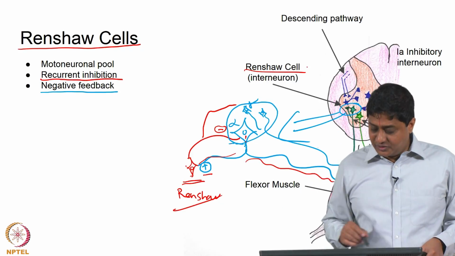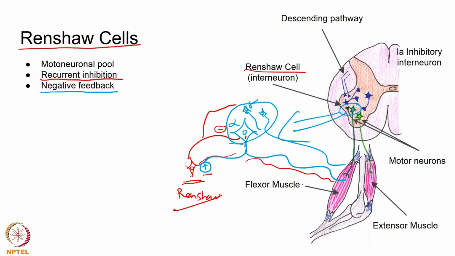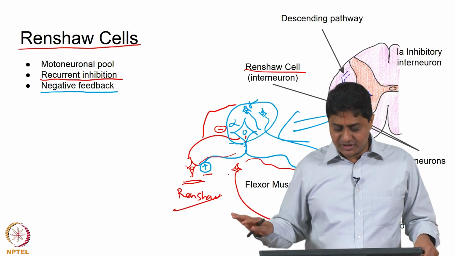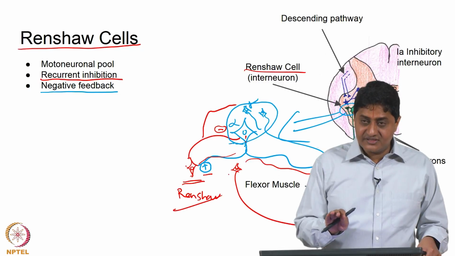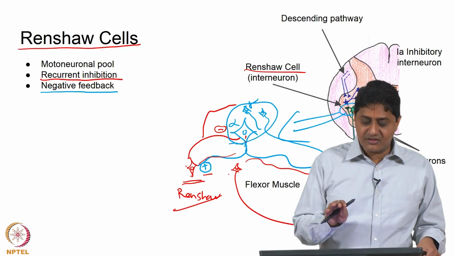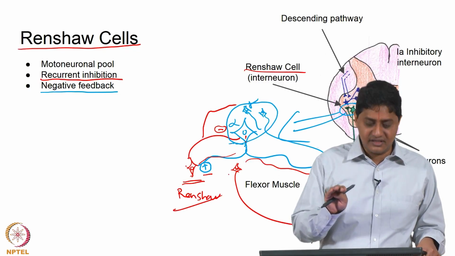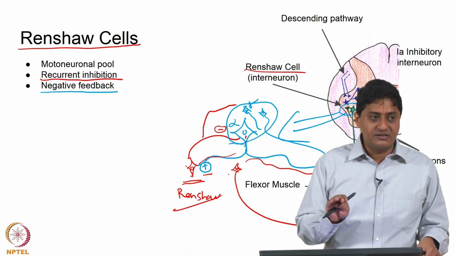There may be other interneurons not shown in this picture that will inhibit the opposite muscle, the antagonistic muscle, or that may excite the opposite muscle. When that happens, that is different, and will be discussed in future classes. Here we are discussing one particular case. We will just discuss the case of one level of hierarchy in which negative feedback is introduced.